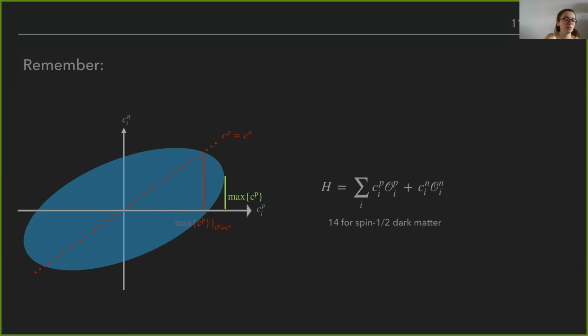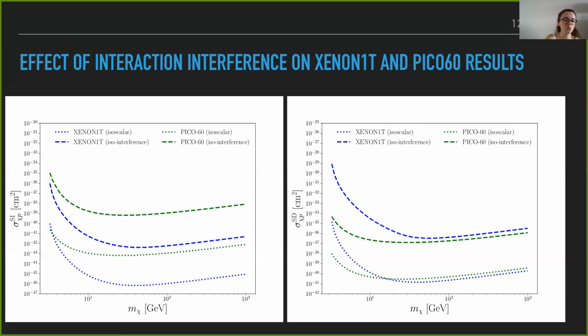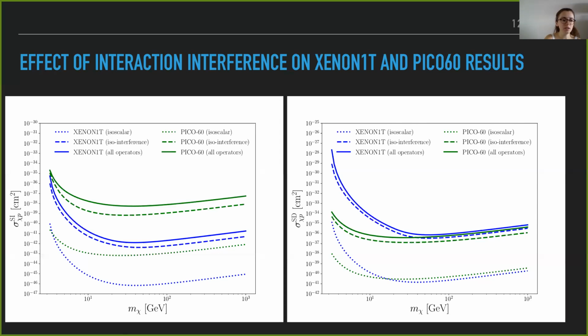So let's check that. Here again, the plots from two slides before. So now we also want to add a line where we take the interference between proton and neutron and all operators into account. And one can see that the limits get even more relaxed, slightly relaxed, but one can see some difference here. So the first thing one can learn here is that common assumptions might be too strong and models were ruled out, which are actually still valid by data.